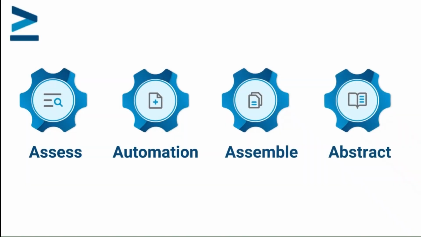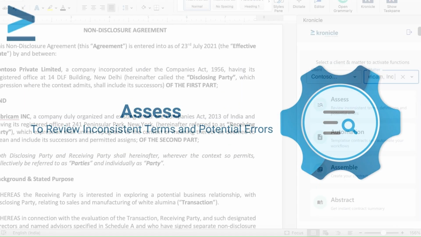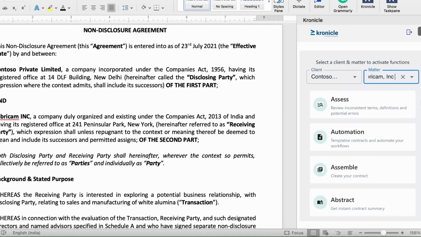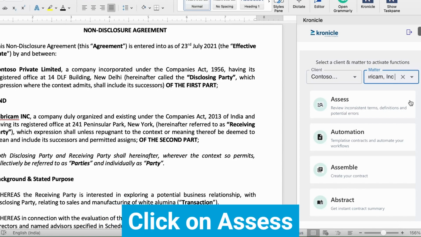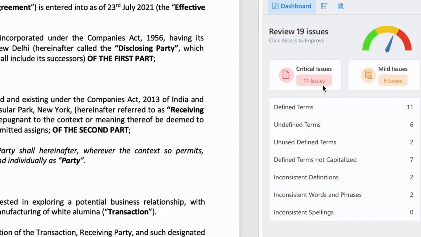Kronicle Word add-in offers typically 4 functionalities as on date, that is Assess, Automation, Assemble and Abstract. Assess functionality enables users to identify probable errors, inconsistent terms, definitions and potential errors in the document. So let me click on Assess, and as you would see upon selecting Assess functionality, Kronicle has generated a quick